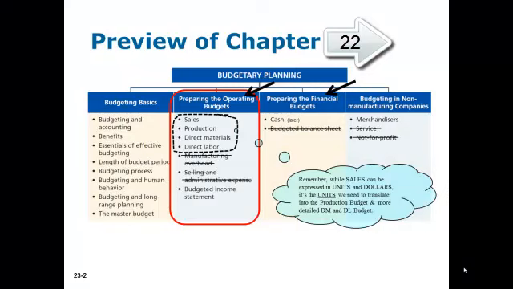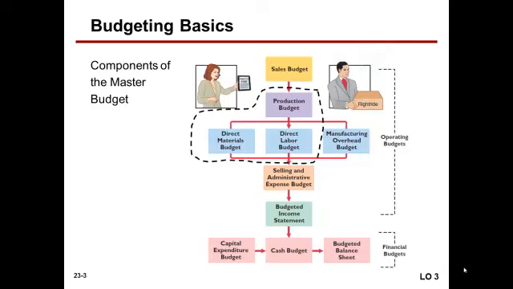As we noted earlier, sales dollars are expressed in units and dollars, but it's the units we need to translate into the production budget and more detailed direct material and direct labor budgets. So we start with units and we proceed to quantities in dollars for direct materials and direct labor. Focusing on these three budgets, production, direct materials, and direct labor budget, given a sales budget,